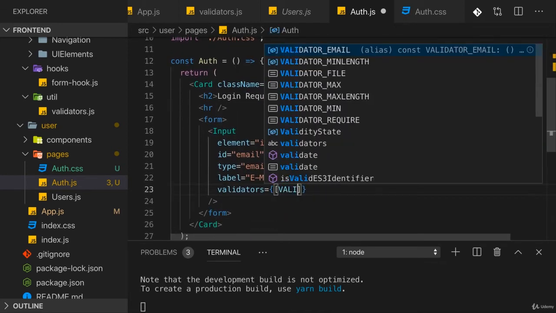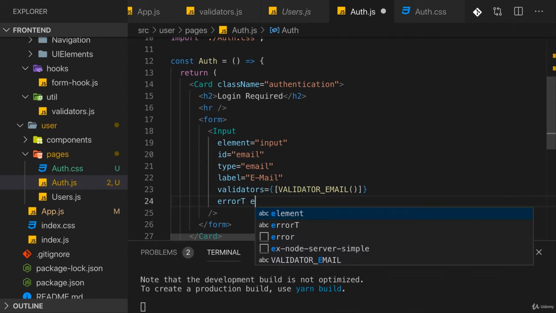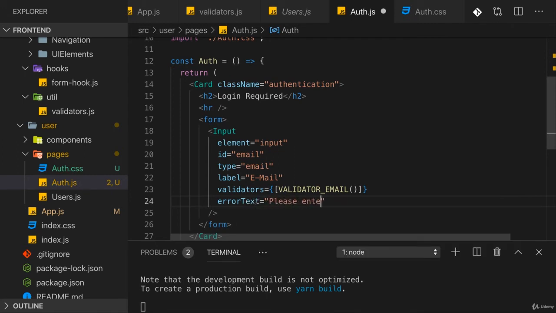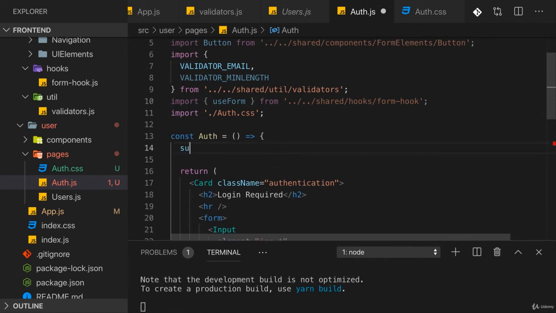So here then I will execute validator's email as a function to add that email validation here, and also provide an error text, which could be please enter a valid email address, like that. Now onChange also needs to be connected to something, and here I will use my custom hook again. So import use form from shared hooks form hook, so that we can call use form up there and initialize